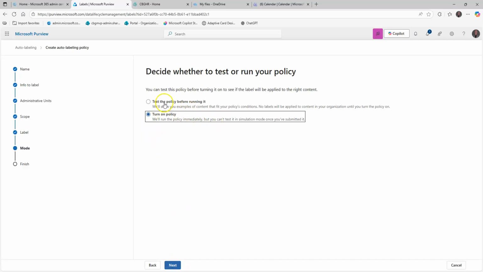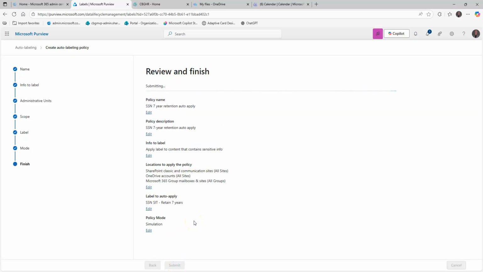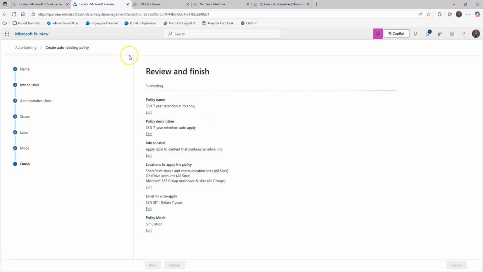Turn on the policy, or I can test the policy before running it. We'll show you examples of the content that fits the policy's condition. No labels will be applied to content in your organization until you turn on the policy. So I'm going to go ahead and turn it on in test mode for now so I get some reporting back on this. And there we go. So there are the 3 different types of retention that we can do inside of Microsoft Purview. We covered the MRM,